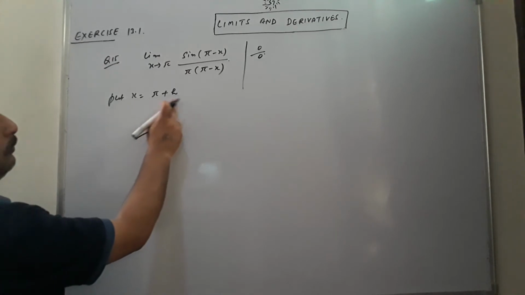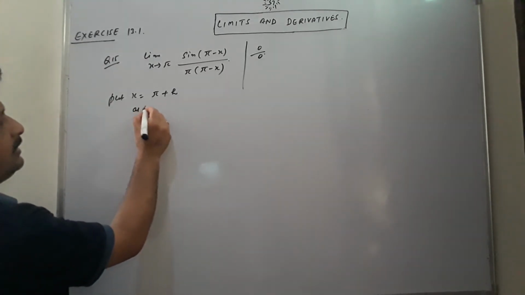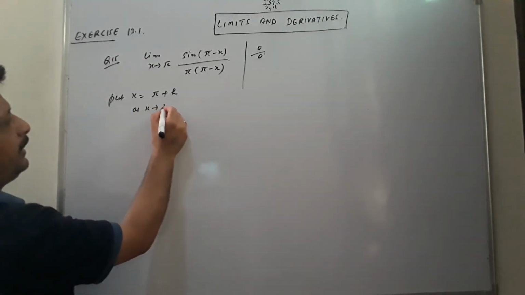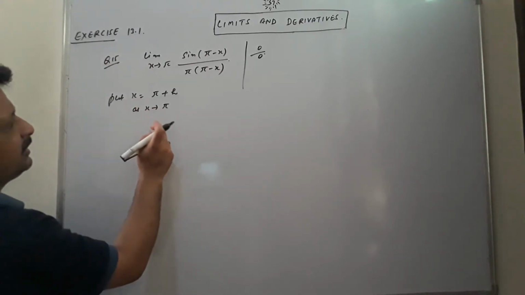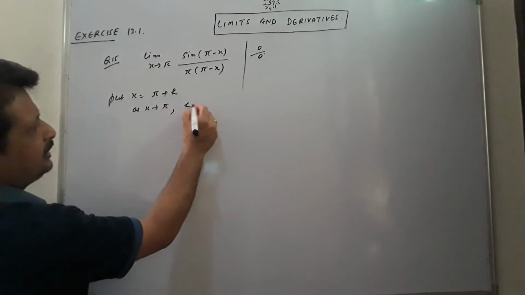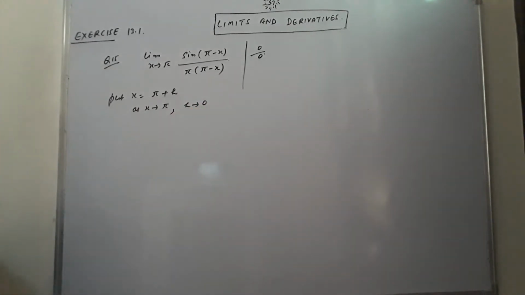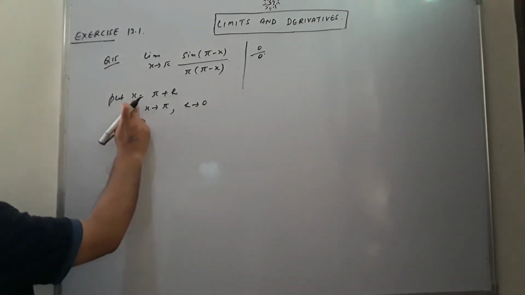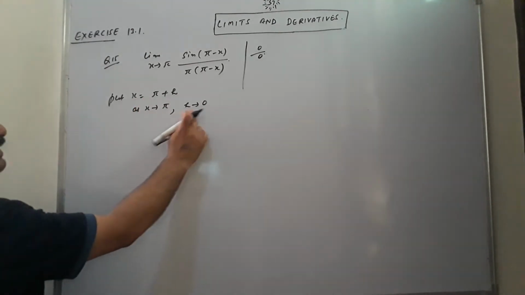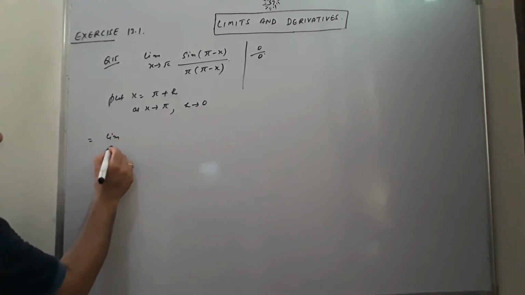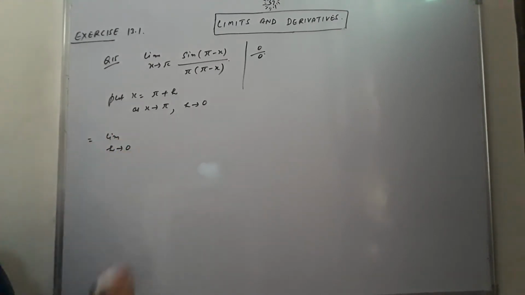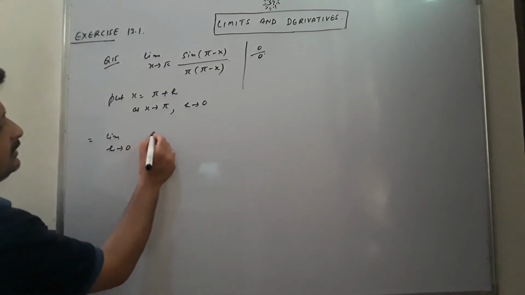X is equal to pi plus h, as x tends to pi. If x tends to pi, then h will tend to 0, because if I take x as pi, pi minus pi comes as 0. So h tends to 0, which means the limit will change. Now the limit will be h tends to 0, that is equal to sine